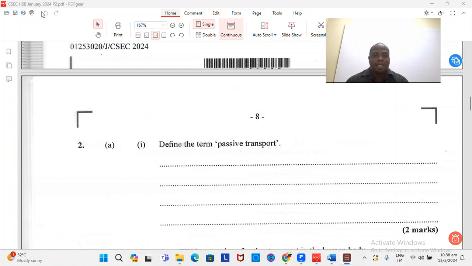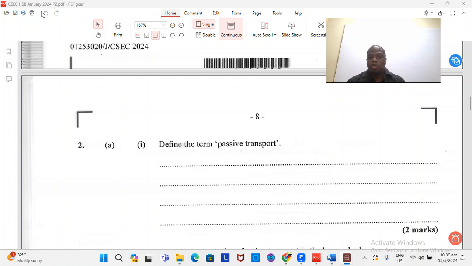So it starts by saying, define the term passive transport. When you think of transport, you think about getting something from one place to another. Now, passive transport deals with the transport of, not in human terms, where we use a bus or a car or a bicycle, a bike, we are talking about substances,